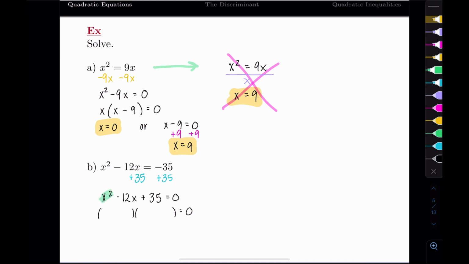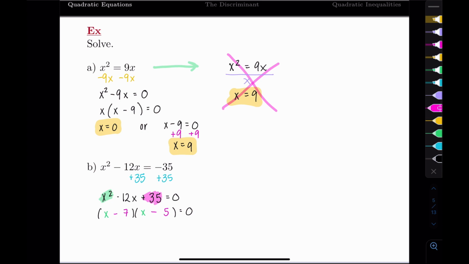So the first terms should multiply to x squared, so the only way we can do that is with an x and an x. The last terms should multiply to 35. So 2 numbers that pop into my head are 7 and 5. Those multiply to 35. And since it's positive, they should both be the same sign, either plus plus or minus minus. But since we have a negative in the middle, it's going to make more sense to do minus 7